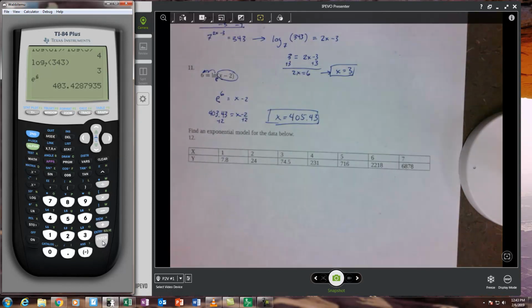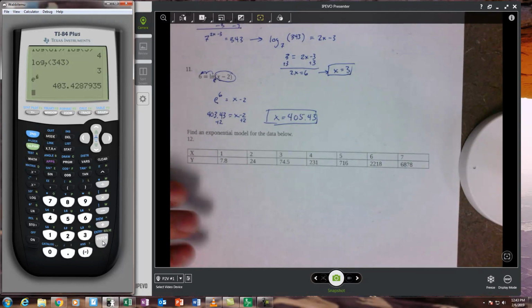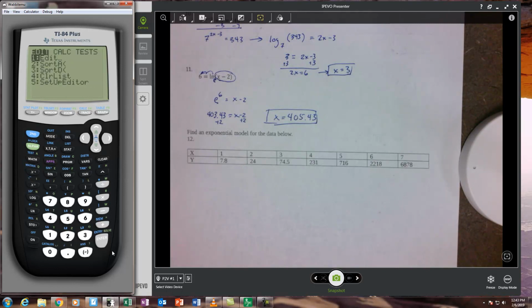The last question is about building an exponential model using exponential regression. So this is all about the calculator. So I'm going to go ahead and go to my stat, and I'm going to edit the data. Let's clear this list. Not sure how big it is. So we're going to clear that list. All right, so we're going to go 1, 2, 3, 4, 5, 6, and 7 for my x values, and for my y values,